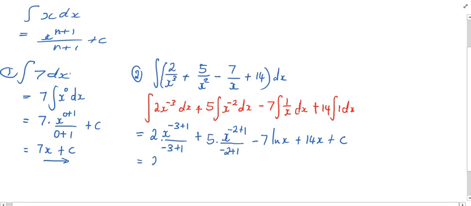So we'll get 2x to the power of negative 2 over negative 2 plus 5 multiplied by x to the power of negative 1 divided by negative 1 minus 7 ln of x plus 14x plus c,